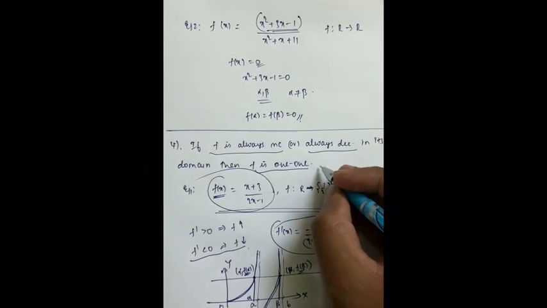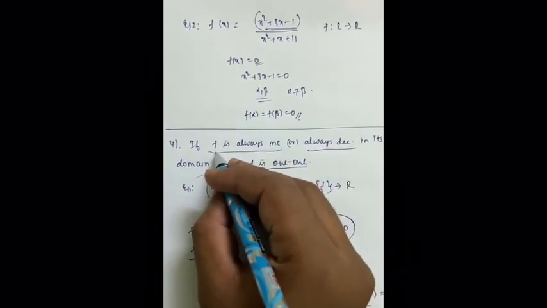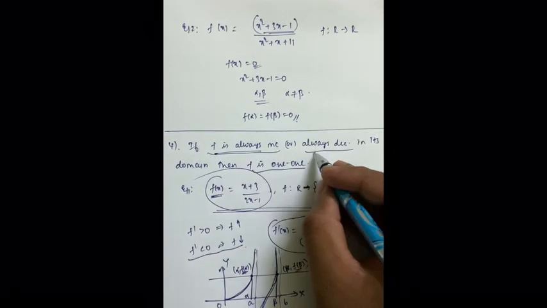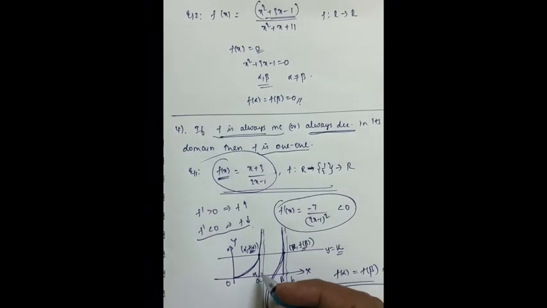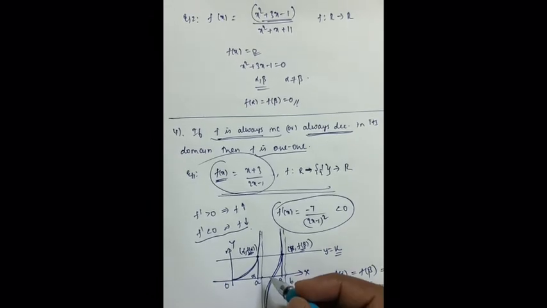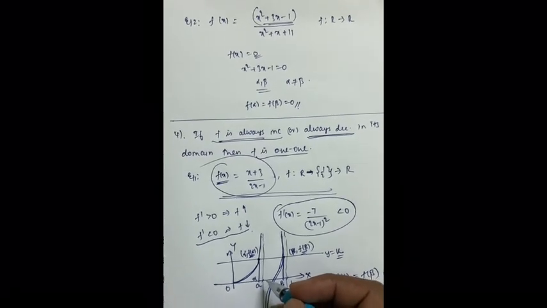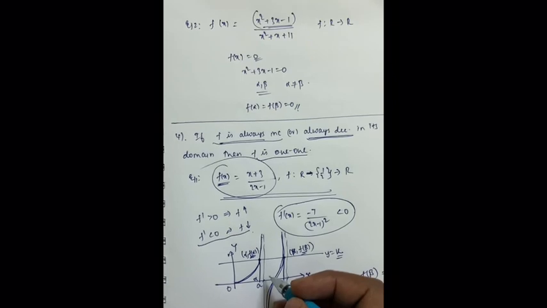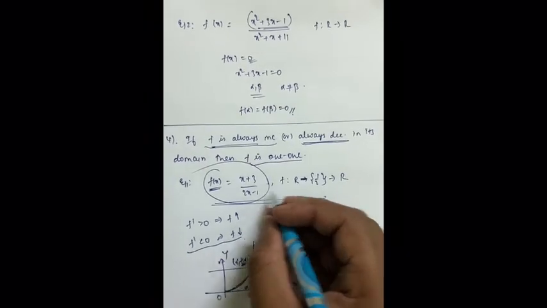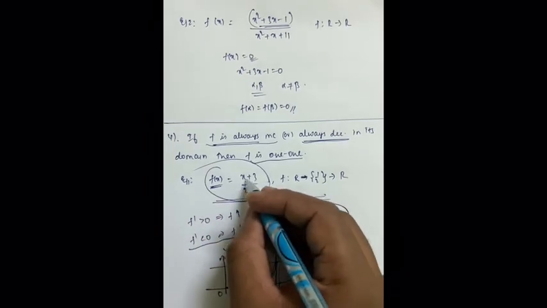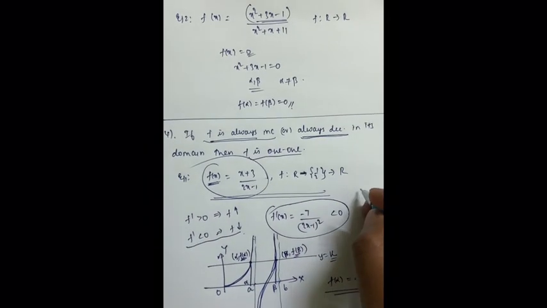Where you should be careful: not only do you have to check whether f is always increasing or always decreasing, make sure that this kind of thing doesn't happen. And when will this happen? This kind of scenario will happen whenever the function is discontinuous. So we will see this. Coming back to the question,